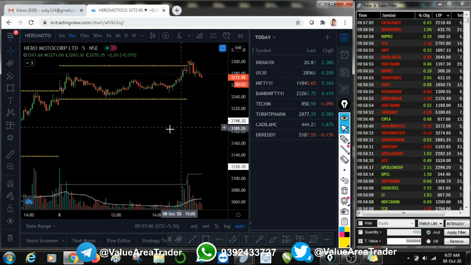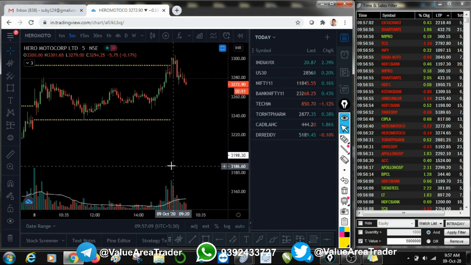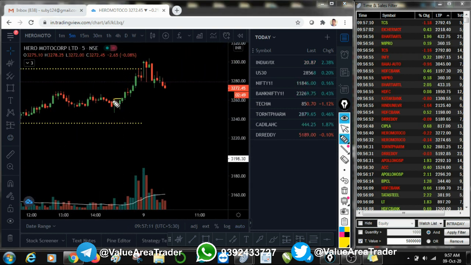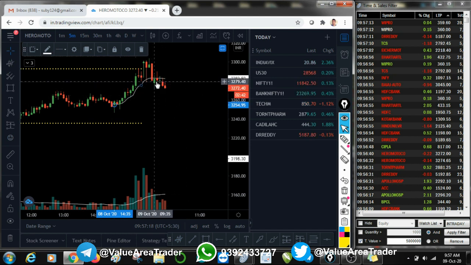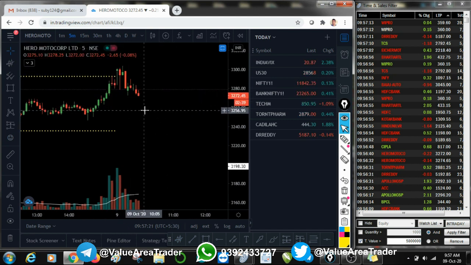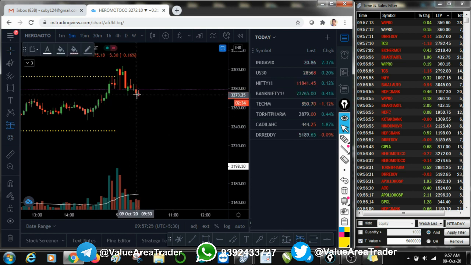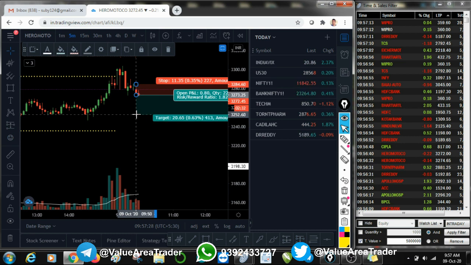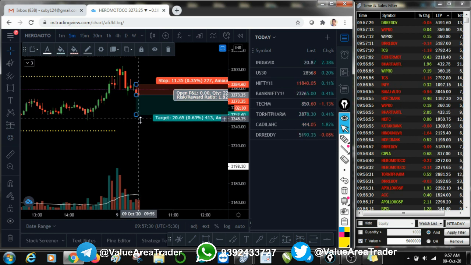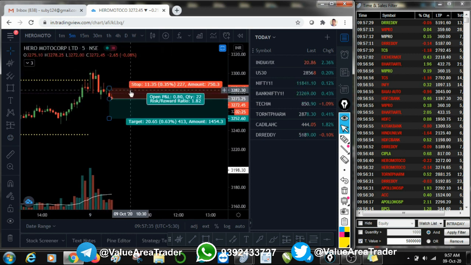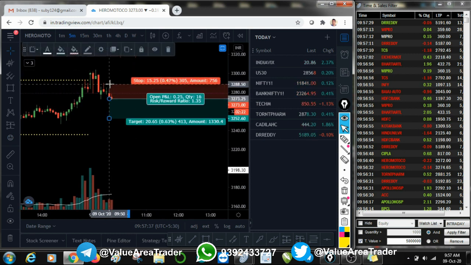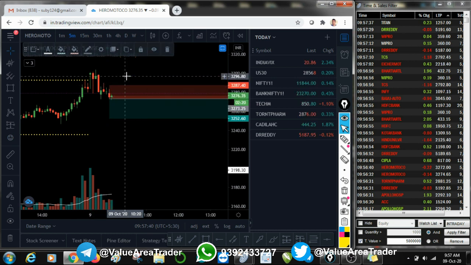So where can I go to? It can go to this place where all this movement started. So I'll check with the anchored VWAP. Is it near the anchored VWAP? It has crossed the anchored VWAP. So I think we can take a sell trade here also if I put it here. So 0.6% is good. Stop loss should be 0.35. That also looks good. Risk reward ratio is 1.5.